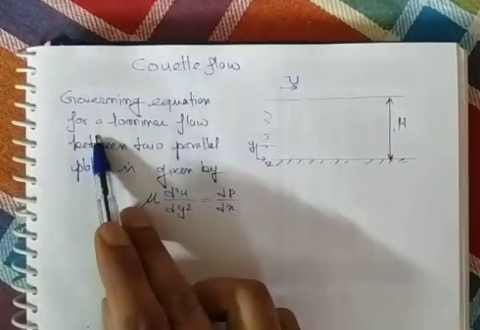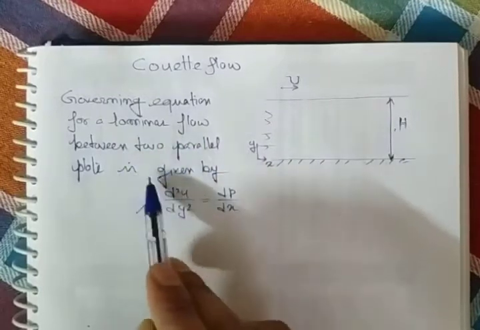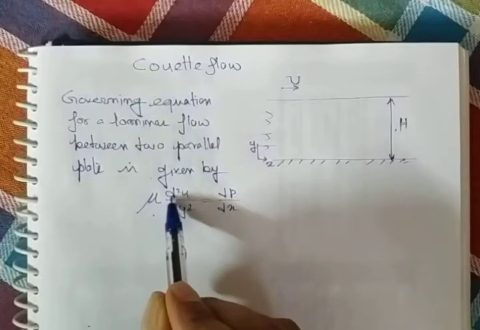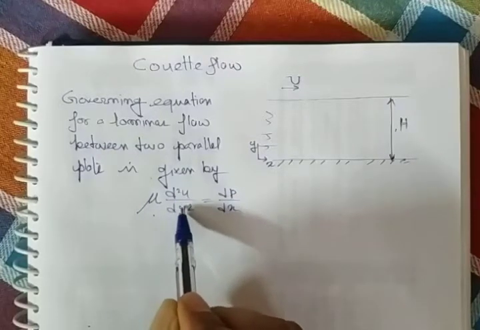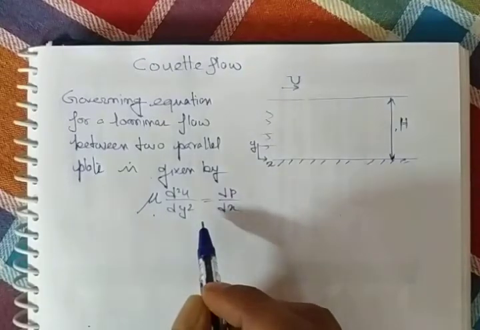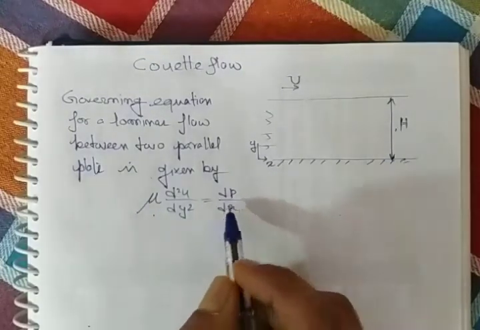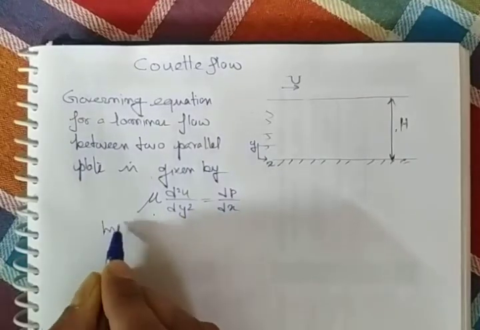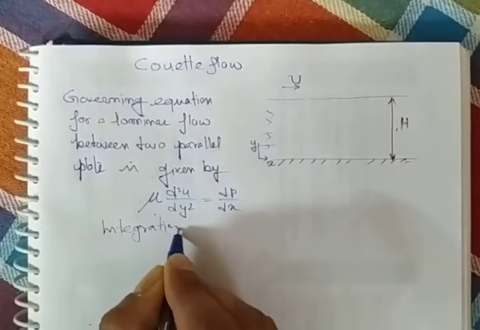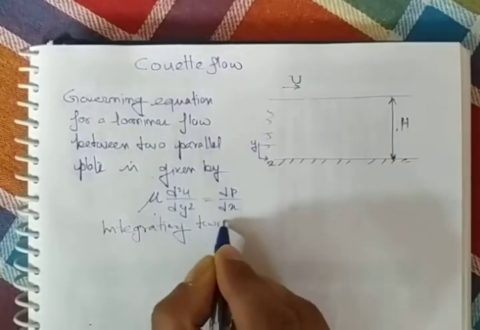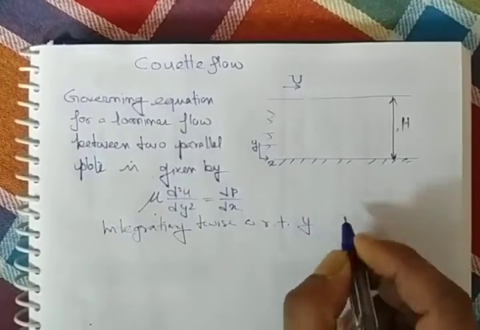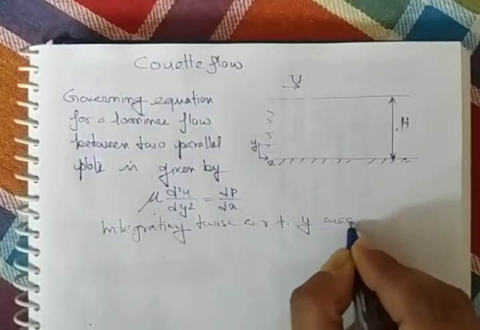The governing equation for laminar flow between two parallel plates is given by mu d square u by dy square is equal to dp by dx. From this equation, we integrate twice with respect to y, and we get